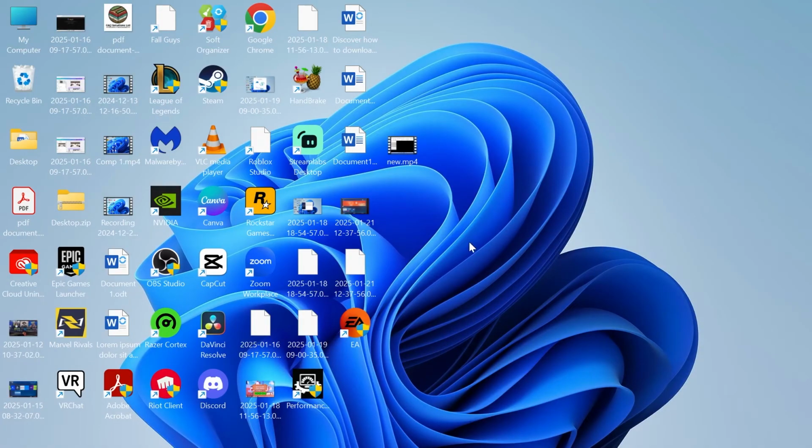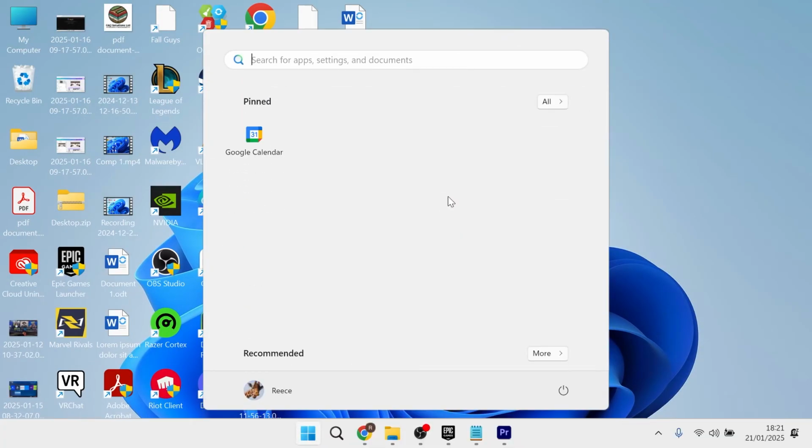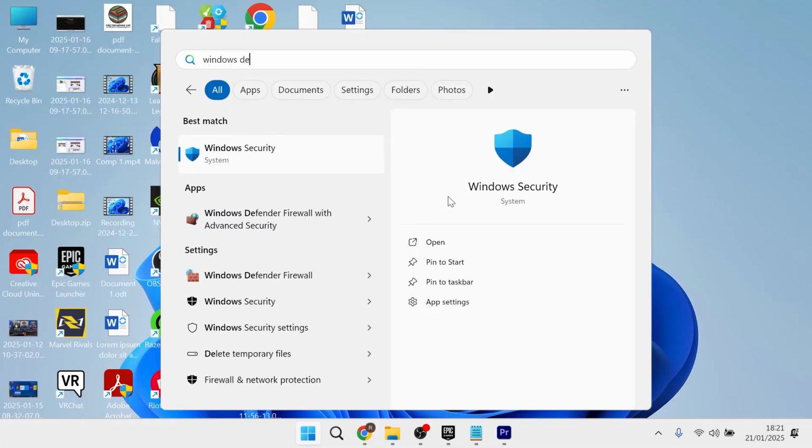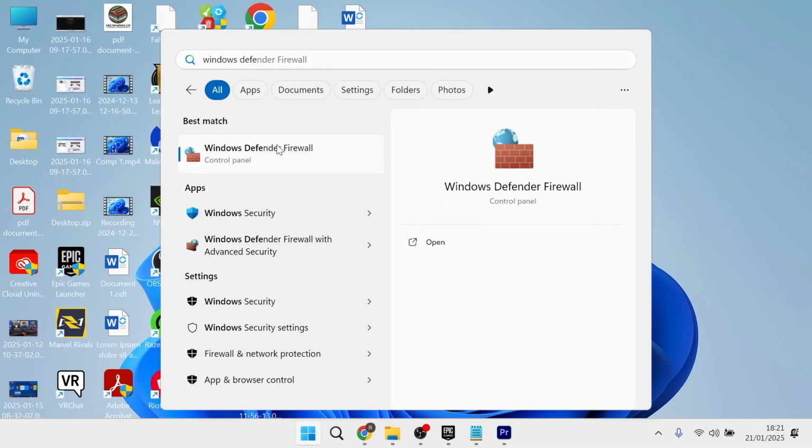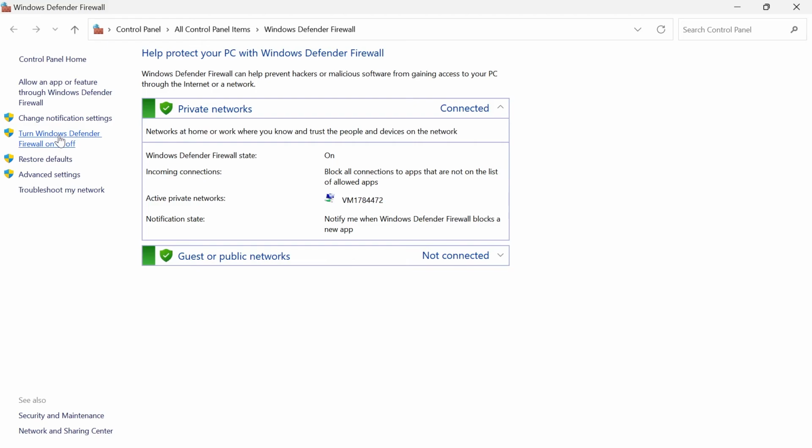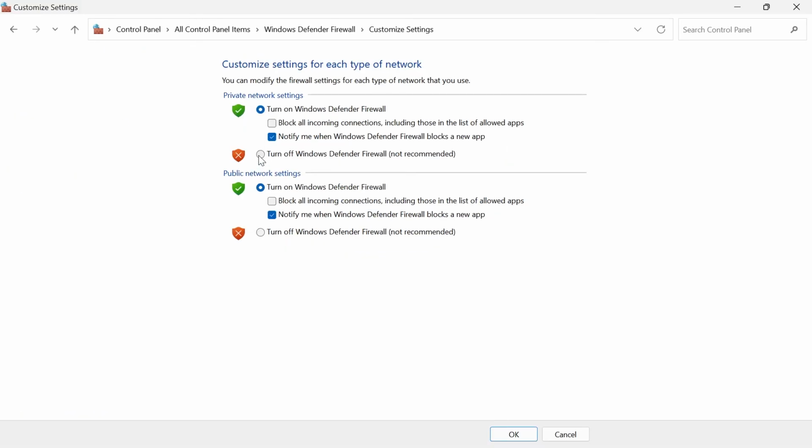Now, if it's still not working, the last solution is to click on your Start menu and search for Windows Defender, and click on the Windows Defender Firewall. Now, from the left-hand side, click on Turn Windows Defender Firewall on or off, and then next to Private Network Settings, press Turn off Windows Defender Firewall, and do the same for Public Network Settings as well, and then just